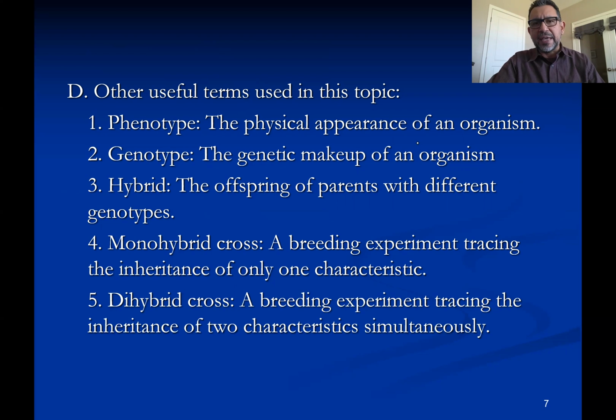Sometimes he would use a dihybrid cross, and that means that instead of just one characteristic, di means two characteristics will differ between two parents. Again, imagine two plants that look identical, but if you look at the seeds, one plant produces yellow round seeds, and another one produces green wrinkled seeds. So seed color and seed shape will be the two characteristics that could be explored, studied, how they are passed